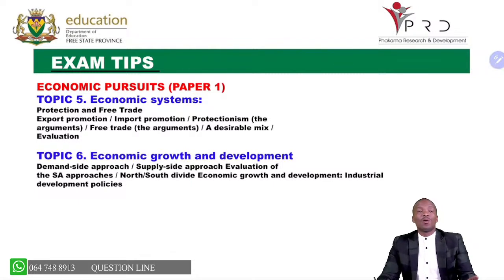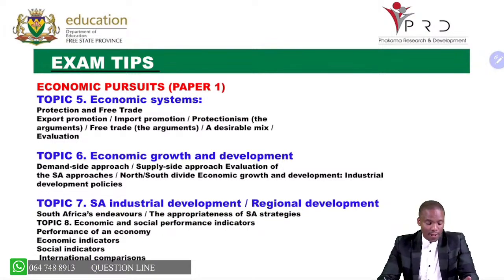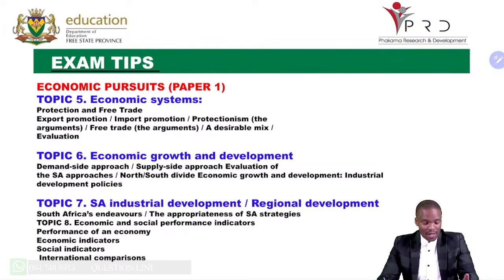Topic 6 is what we call economic growth and development. There we are looking at the demand side approach, supply side approach, and also the evaluation of South Africa's approaches. We are looking at also the difference between the North and South divide, and we'll be looking at industrial development policies under economic growth. Topic 7 is South Africa's industrial development and South Africa's regional development,